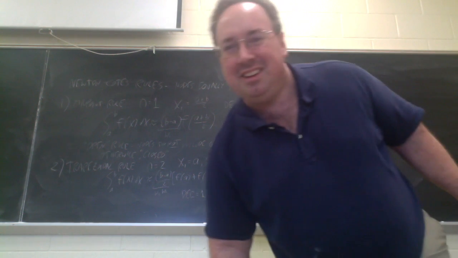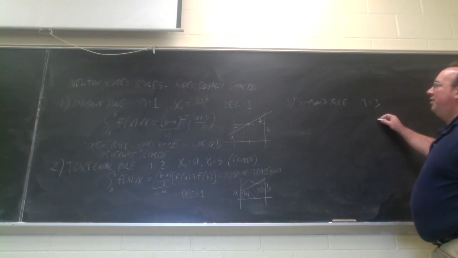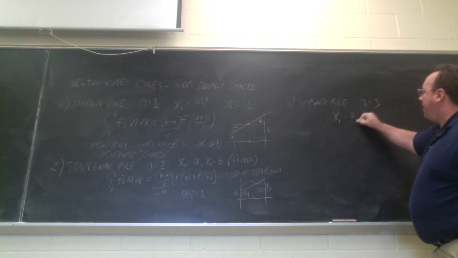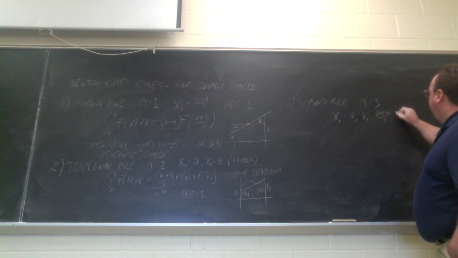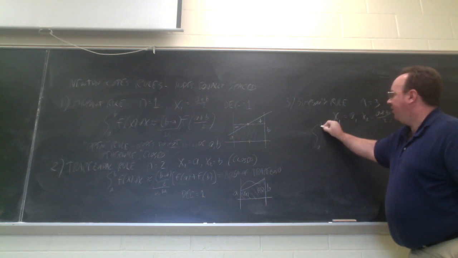Simpson's Rule. All right. So here we use 3 nodes, and we just take the nodes from these methods. So a, (a plus b) over 2, and b. So the approximation,